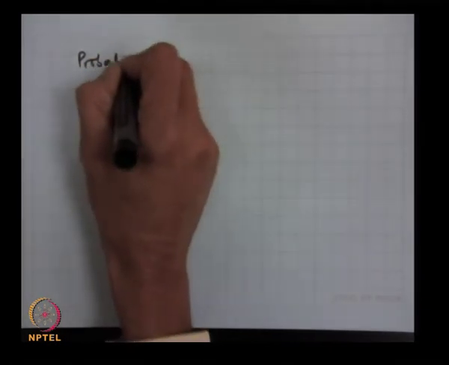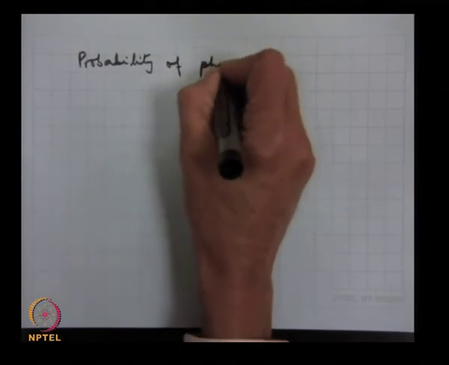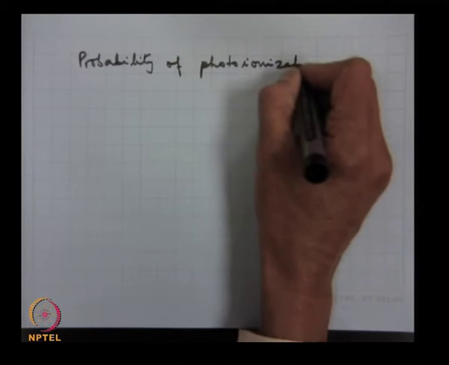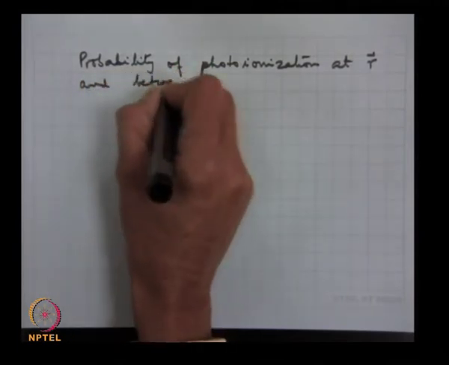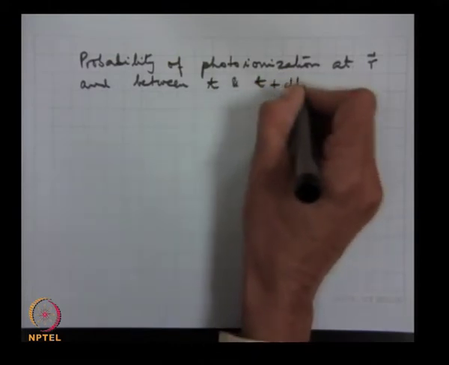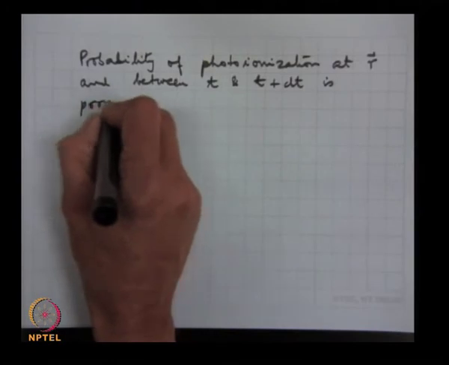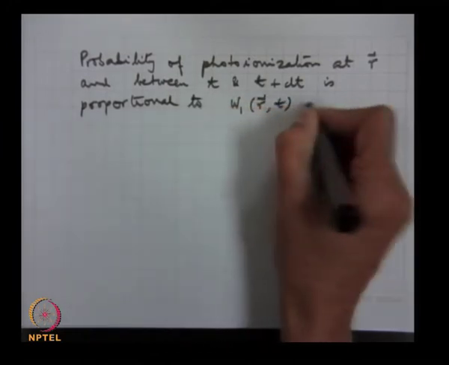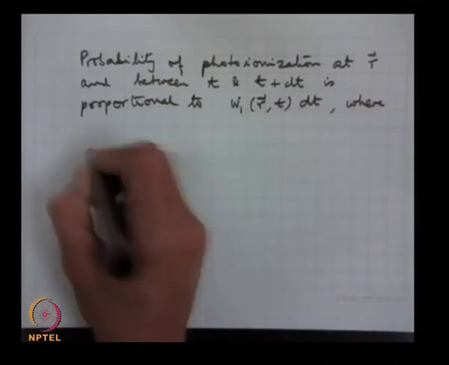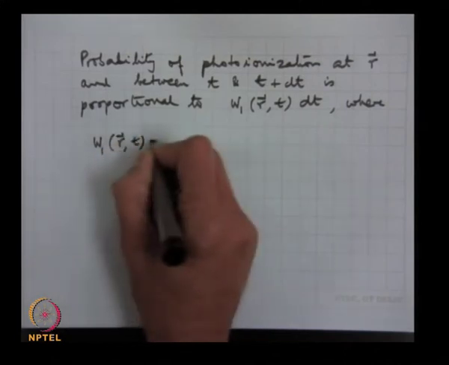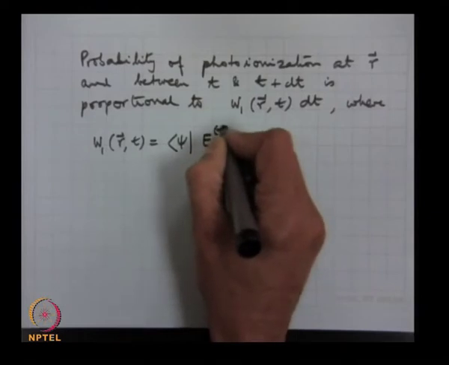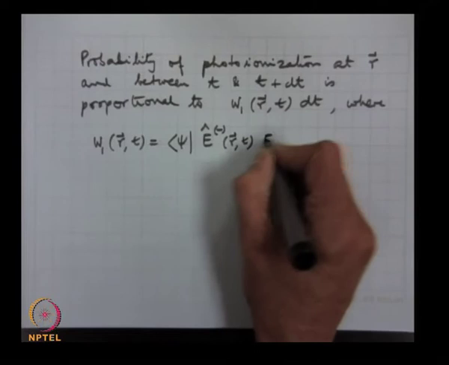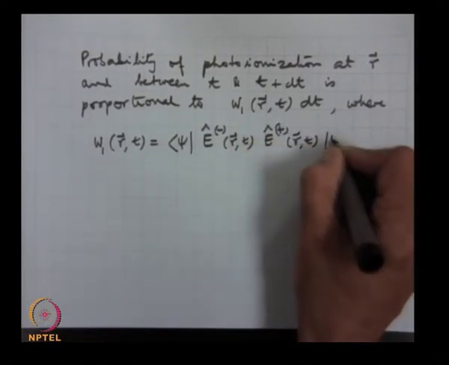But what happens is the probability of photoionization at position R and between time t and t plus dt is proportional to what is called W1(R,t) dt, where W1(R,t) is the expectation value of, I'll define this, E minus(R,t) E plus(R,t), where